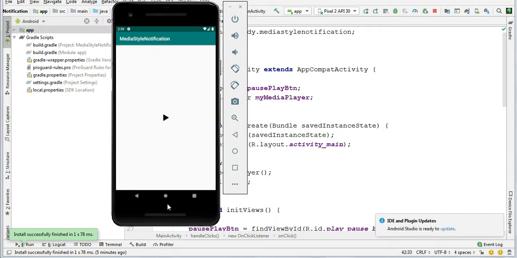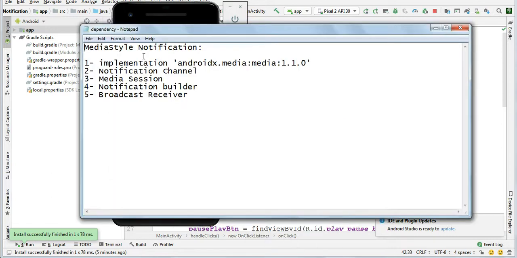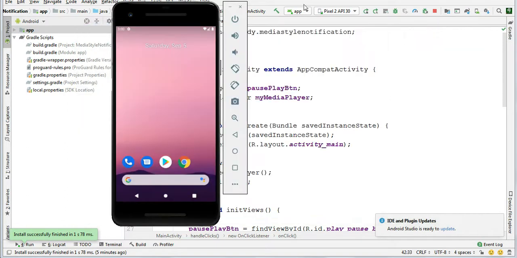To do that, we have to put this line in our dependencies in the Gradle file. We have to create a notification channel from Android Oreo and higher. This is required to display any notification. Also, we need to create a media session, a notification builder, and last, a broadcast receiver. So now let's begin